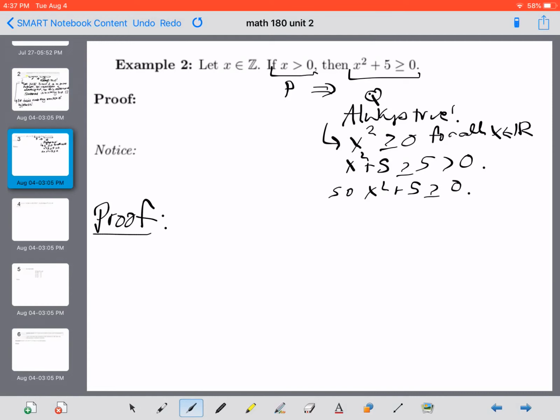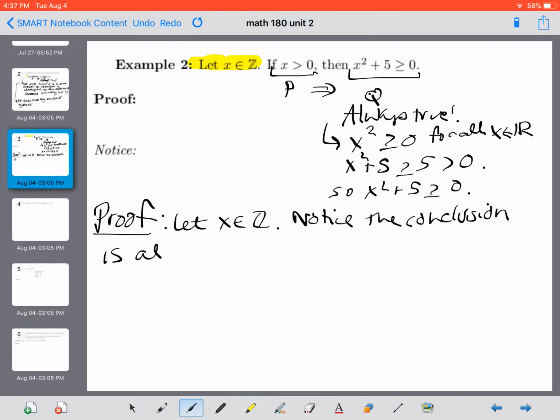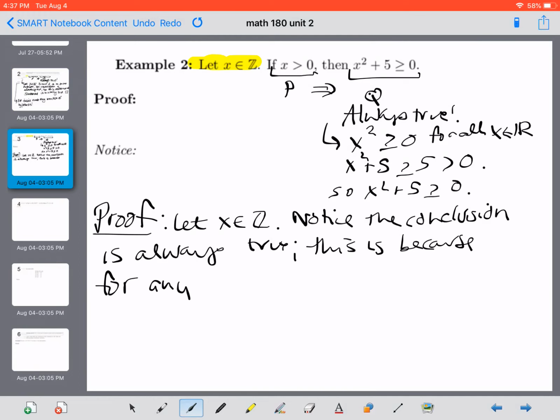Again, we start with any assumptions from the claim. Our first assumption here should be: let x be an element of Z, let x be an integer. Notice that the conclusion of this conditional statement is always true. This is because for any real number, and hence any integer, hence is like thus or therefore,